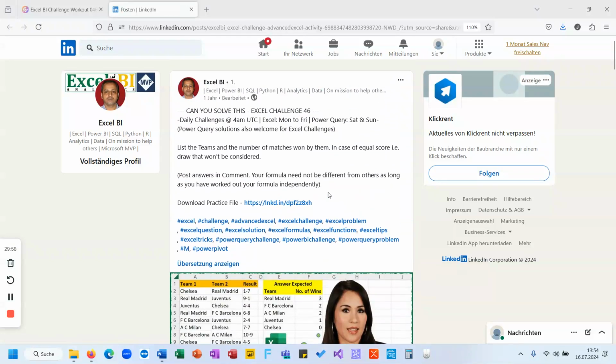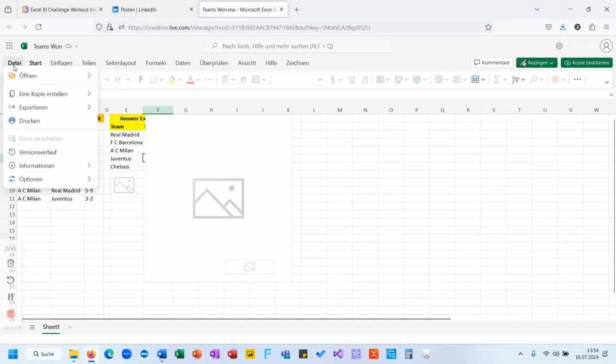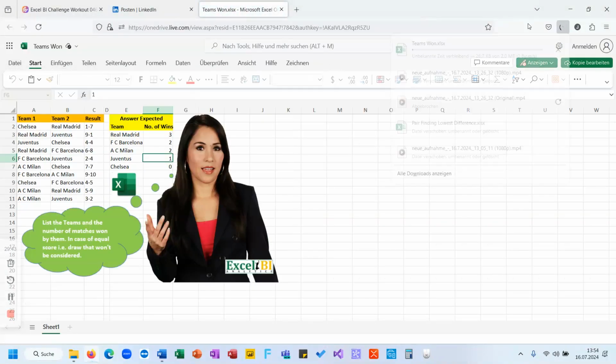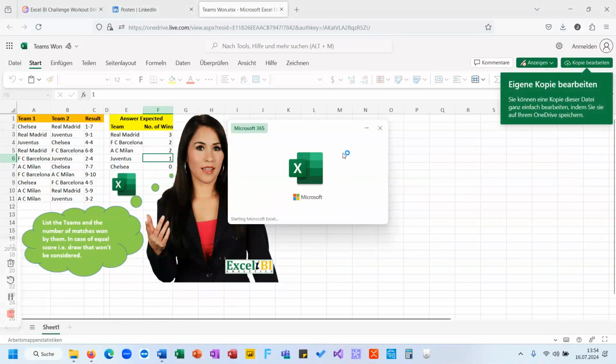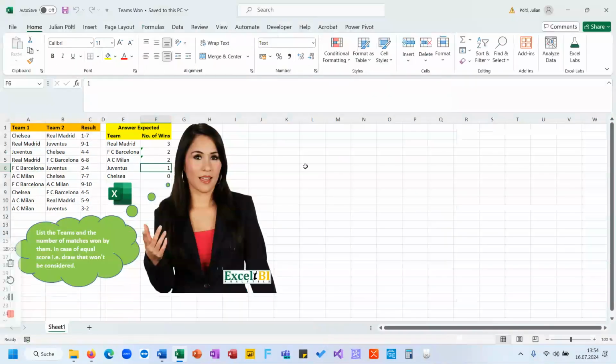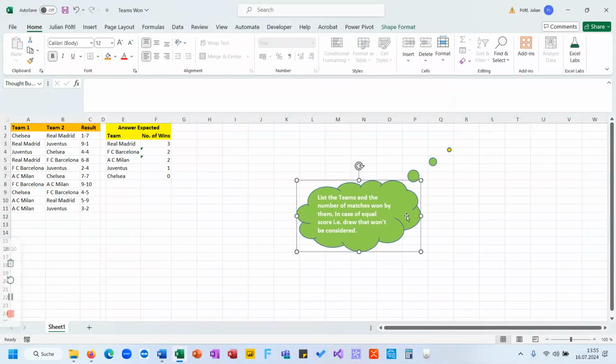Excel Challenge 46 today, and we are doing something with football. So let's take a look. So here we have it. So we need to list the teams, so all the unique teams, and the number of won matches, and an